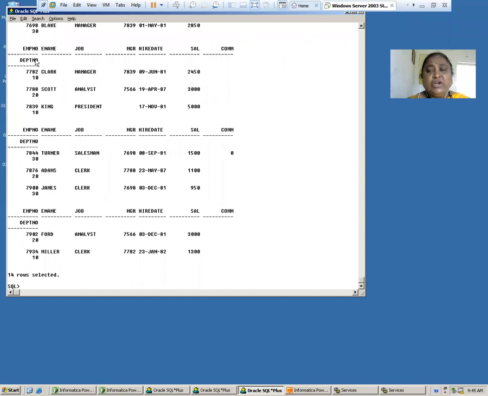My working scenario of Informatica is that whatever tables I have in this SQL Plus, the 14 records, I have to transform into another table, the target table, right? And in that target table, I have to move these 14 records through Informatica.